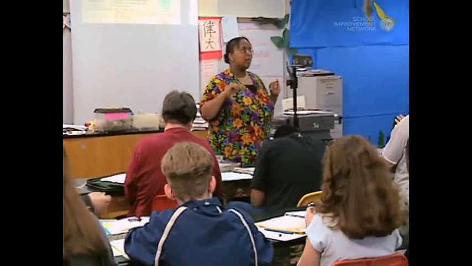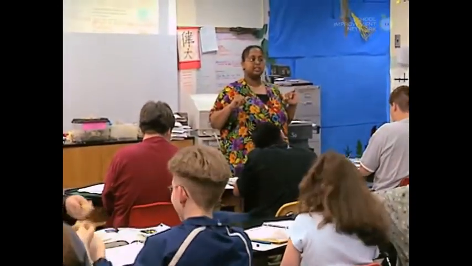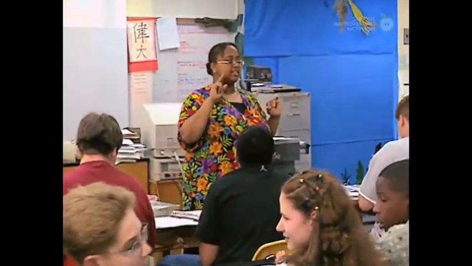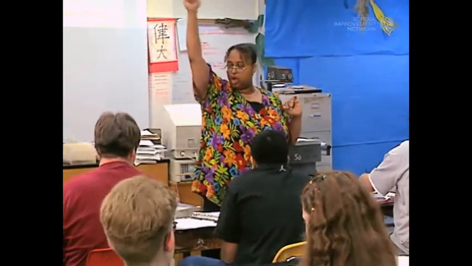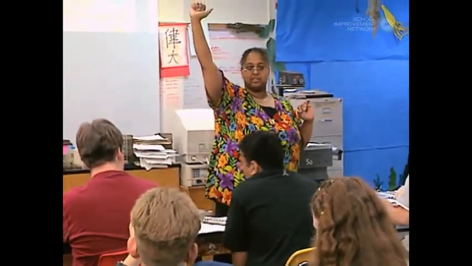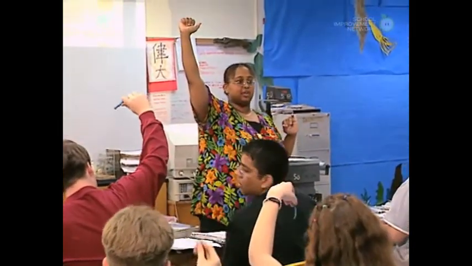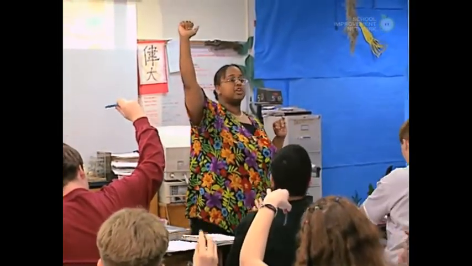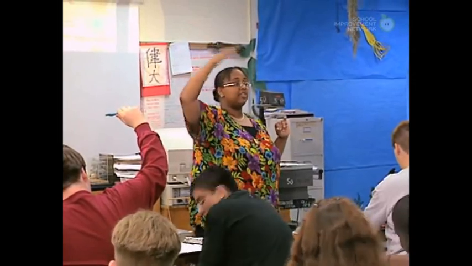Okay? Now, what was the middle layer called? Mesoderm. The mesoderm. Now, listen, who has the mesoderm? Raise your hand. Hold up your mesoderm. What color was the mesoderm? It was blue, I believe. Hold up the mesoderm if you have mesoderm. Okay? The mesoderm is going to be around the endoderm.